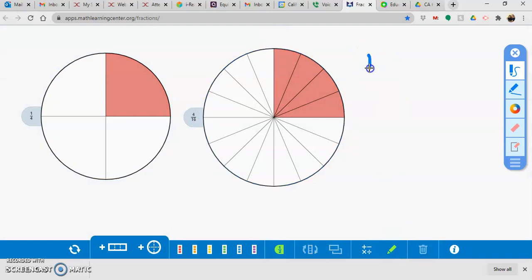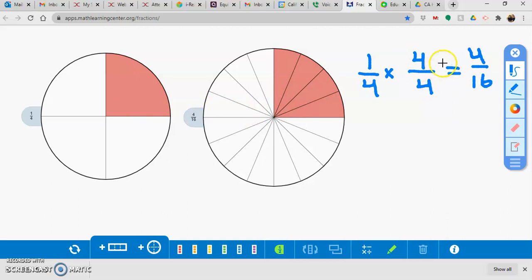If I have 1 out of 4 and I want to make it equal to 4 parts out of 16 parts, I can do some multiplication. And I can say, well, if I want to go from 1 to 4, I can multiply 1 times 4. And if I want to go from 4 to 16, I can multiply 4 times 4. And that's true. So you can see that visually, with our fraction circles and our multiplication, yes,